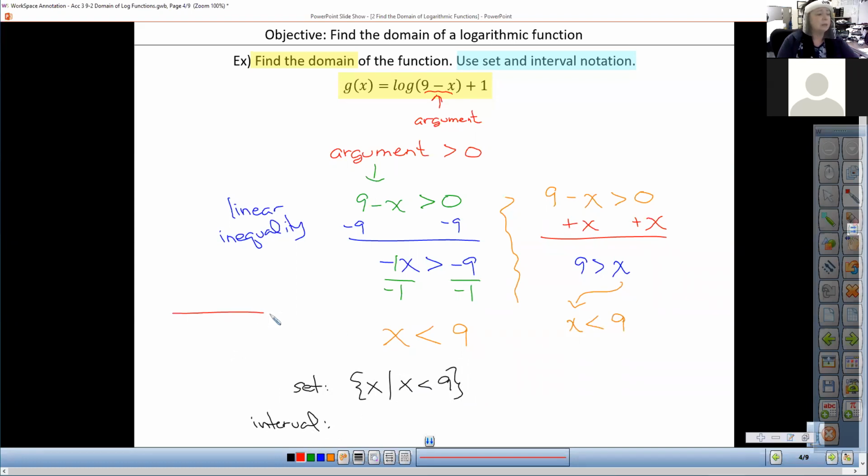Being the less than symbol, that would mean that I'm looking at numbers over here. So from least to greatest for my interval notation, that would start at negative infinity and go to 9. So as I was saying,